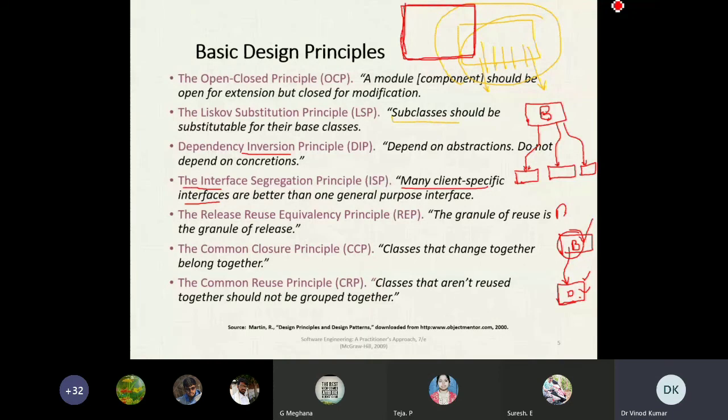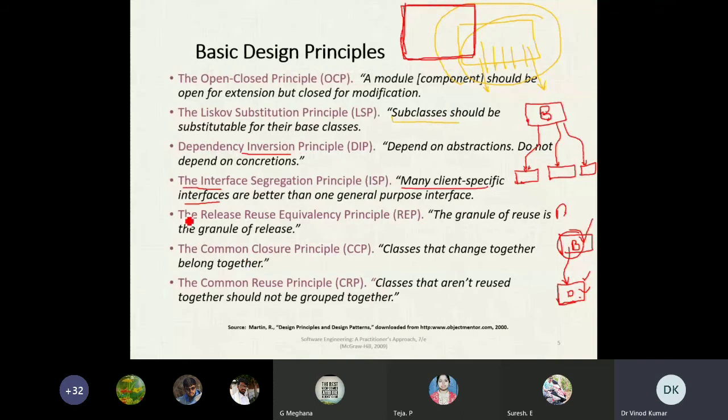We can categorize the interfaces and assign them to different types of persons entering the college. Similarly, here the same principle is applied, which is better than the common interface.